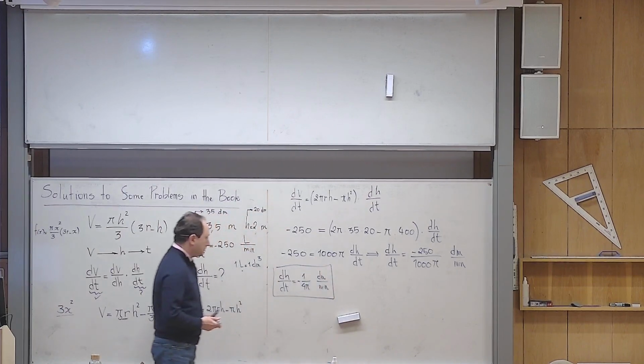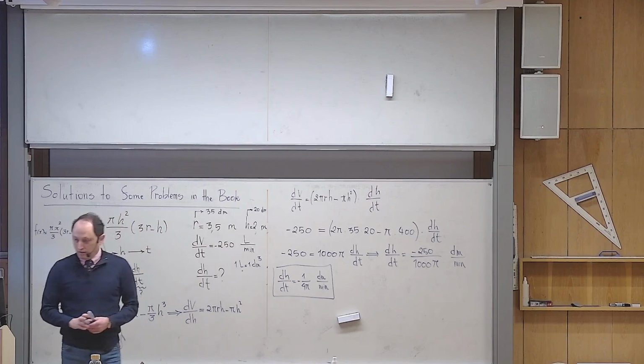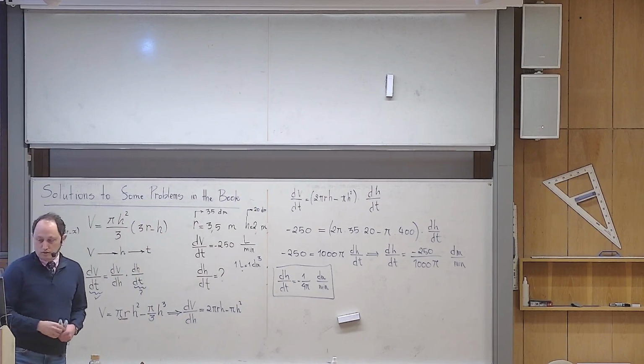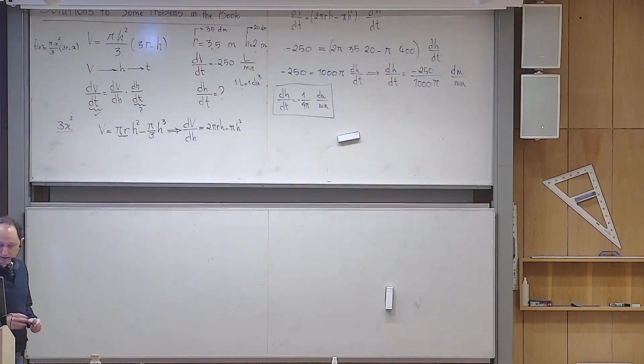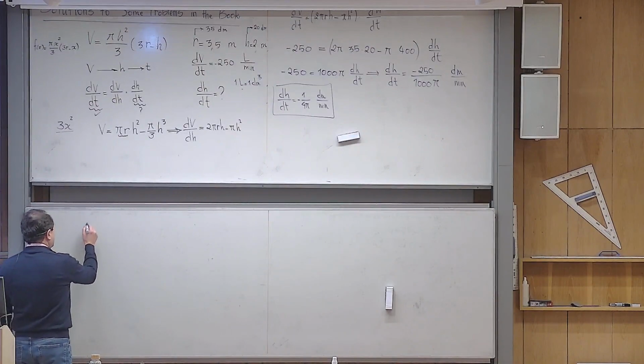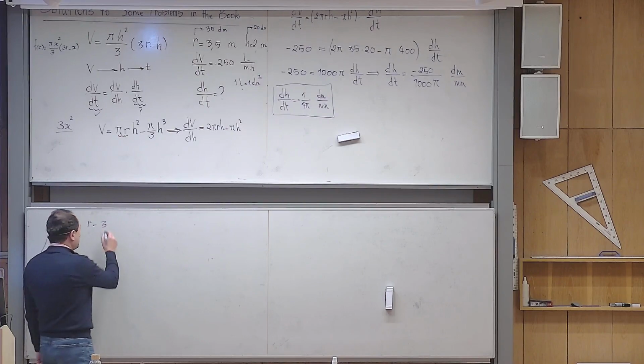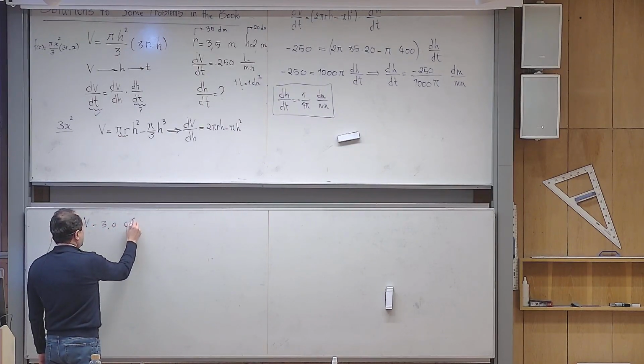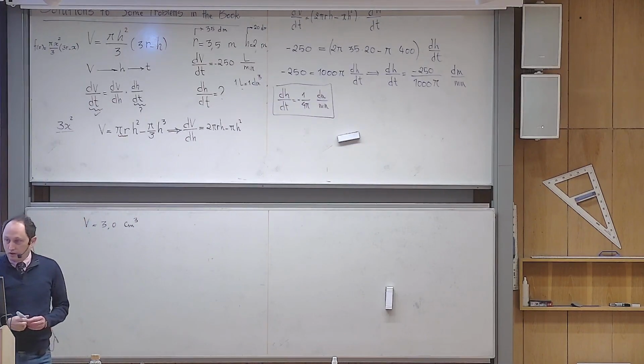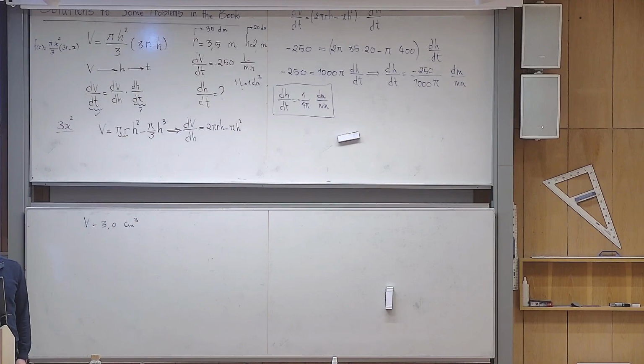Okay, so what is the answer in the book? 0.08. Now we need the radius. So the radius is what? 3 centimeters. So this is the volume, yes? 3 cubic centimeters. Okay, and then what happens? The volume is actually